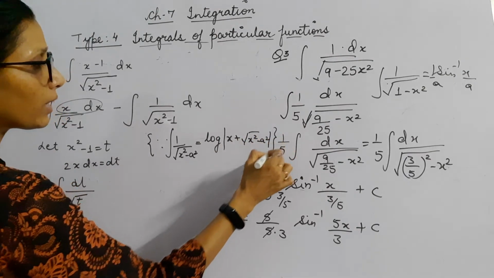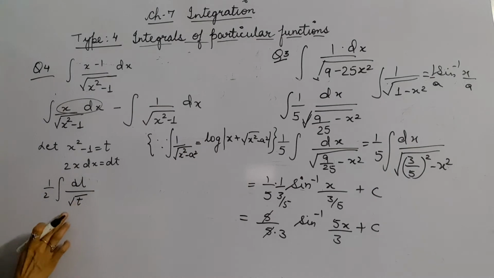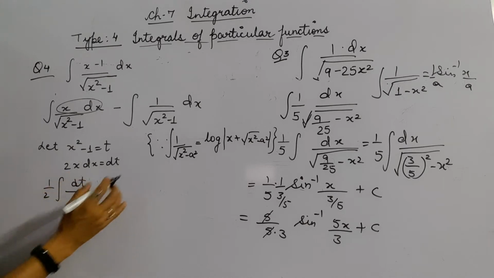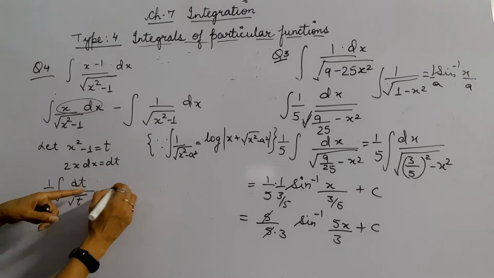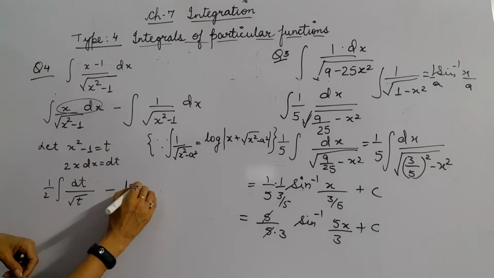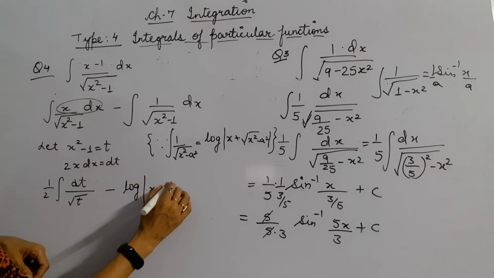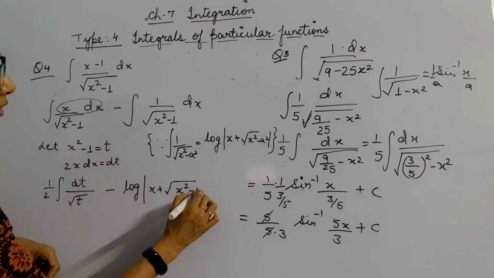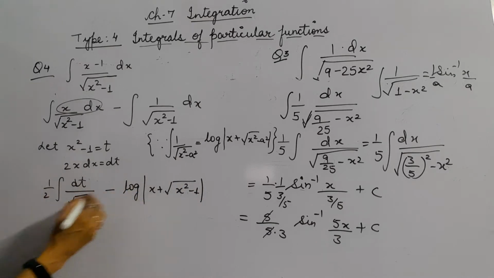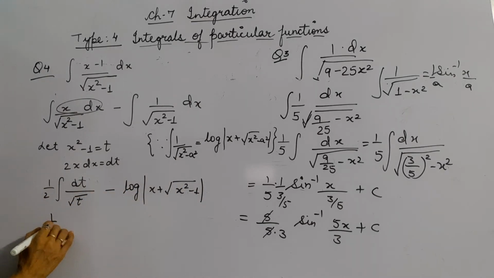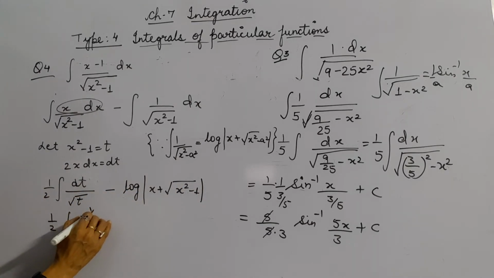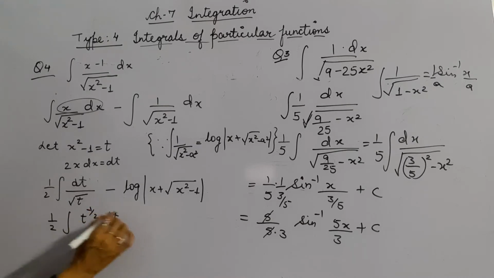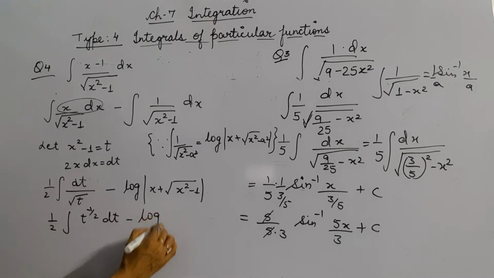So I will be applying this formula for this, and here I will be just integrating root 2, which is t raised to power minus half. So for this I will be writing minus log of x plus under root x square minus 1, and for this I will be writing it as half integration of t raised to power minus half dt, which will ultimately give